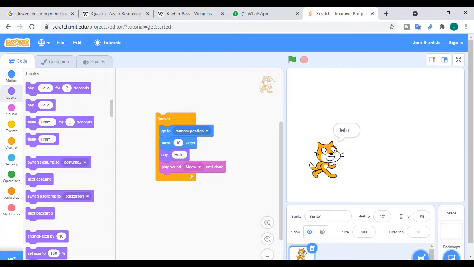Okay, so now I want all of you to please open Scratch. Hurry up, open Scratch. What would be the next step? You will go into the control option, which is on fifth number with orange dot. Then from there you will find the forever loop and you will drag it into the center of the screen.